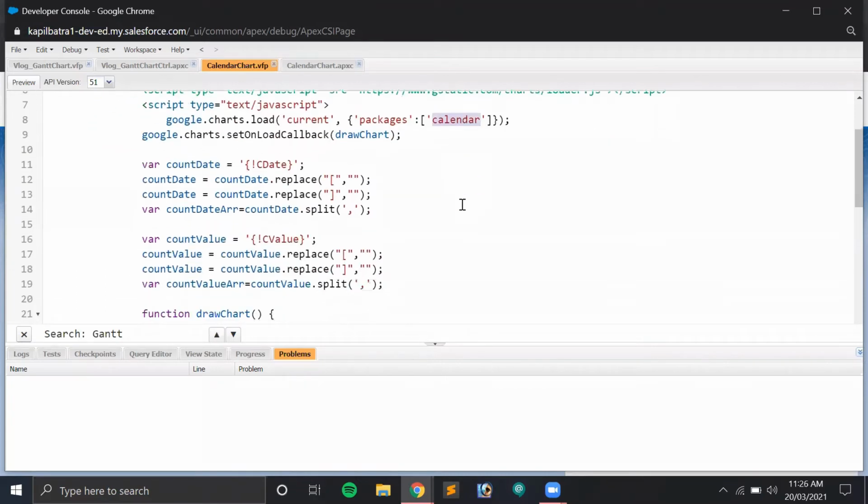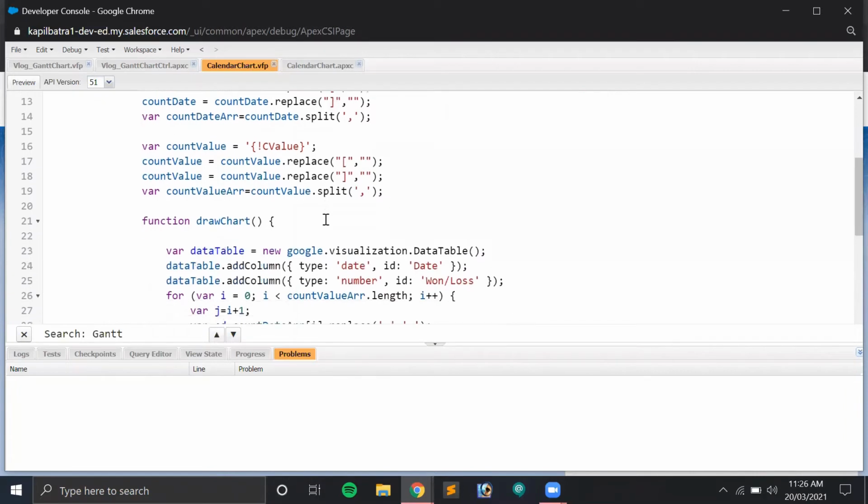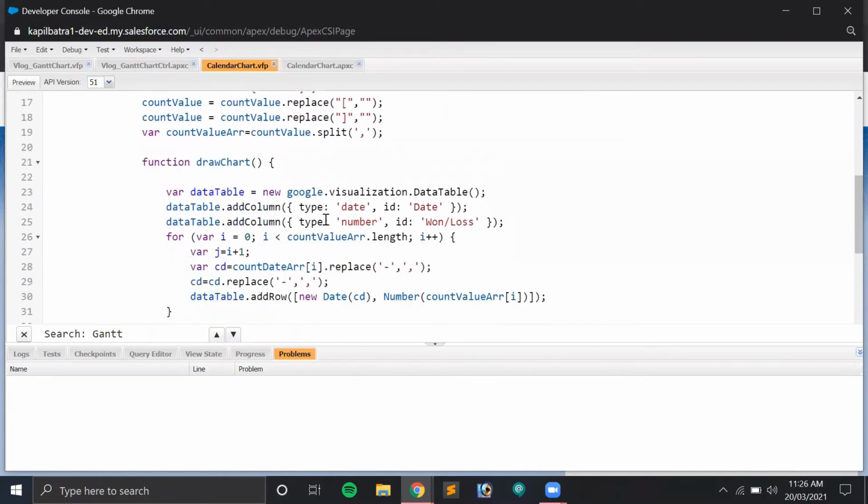Okay, and I'm having date here. It is count date and count value, which will be the number value. I'm getting these variables from my database using the Apex. Okay, and underneath that, as you can see, I'm just using the drawChart function, and I'm having two columns here. First is date and second is number.